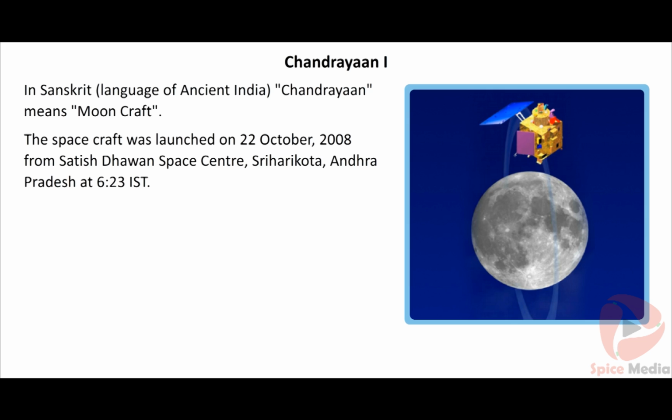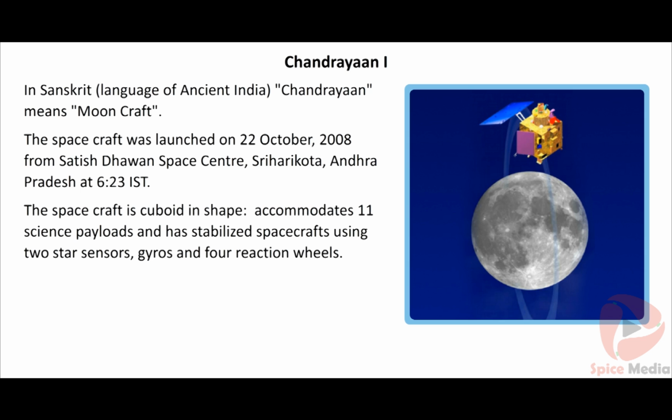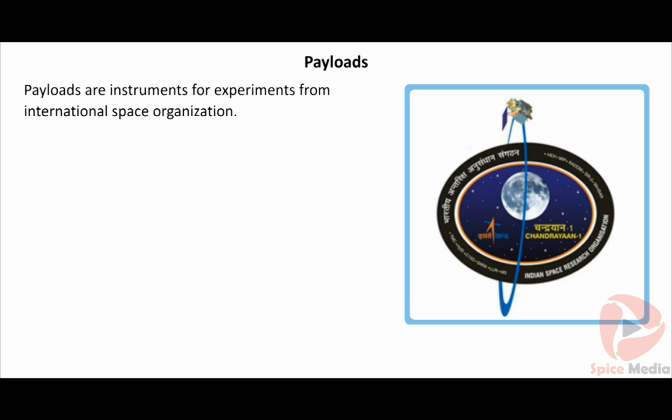Chandrayaan I, the first lunar mission of ISRO, is the beginning. It is aimed at high-resolution remote sensing of the moon. This unmanned lunar exploration mission includes a lunar orbiter and an impactor. The spacecraft is cuboid in shape, accommodates 11 science payloads, and has stabilized spacecraft using 2 star sensors, gyros, and 4 reaction wheels. Payloads are instruments for experiments from